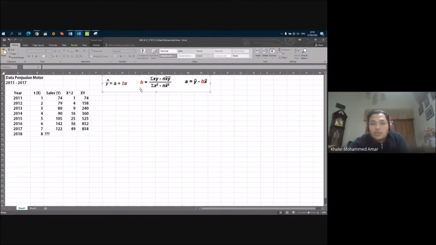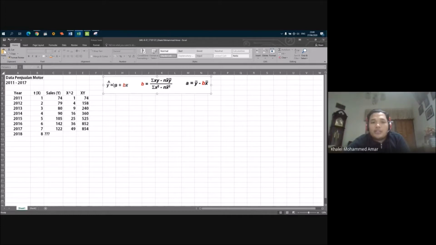To do the calculation for least square method prediction, we will need these three formulas. So the first formula is the Y formula. Y formula itself is the main formula, or we can say the least square formula.